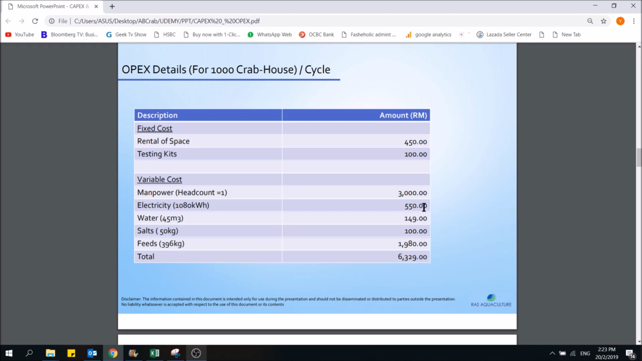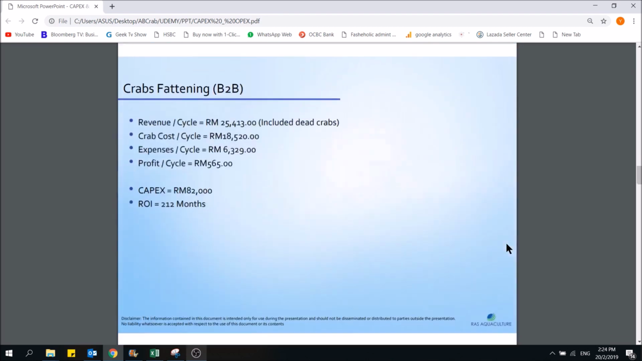The next will be electricity. Water will also be another aspect to take into consideration, and this is the amount of feed that you're going to need to feed your 800 crabs in your system. So this is a total operating cost of about 6,300. One thing you realize is that the revenue per cycle is about 25,000,